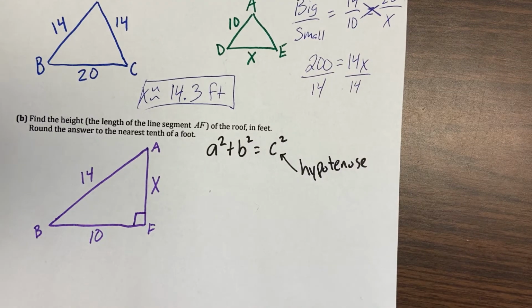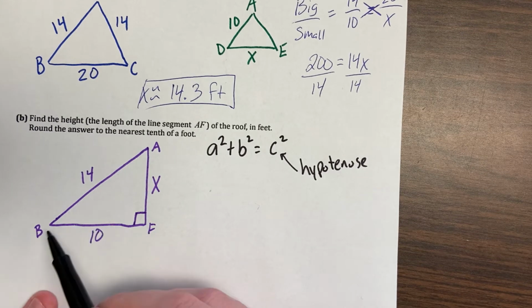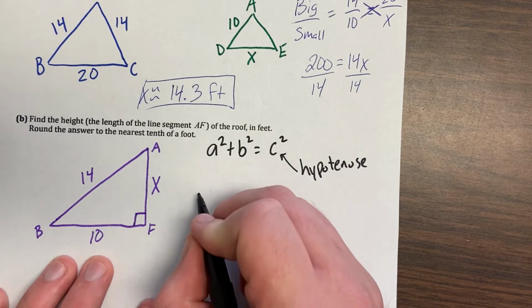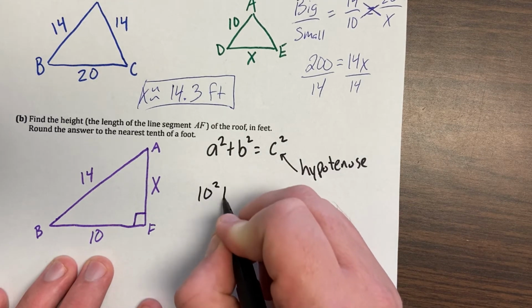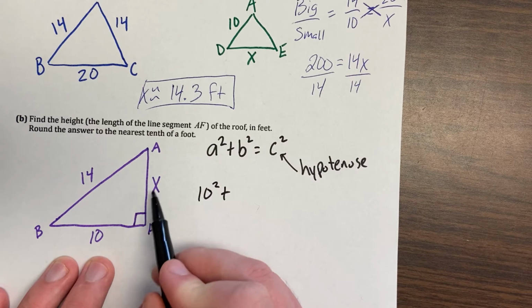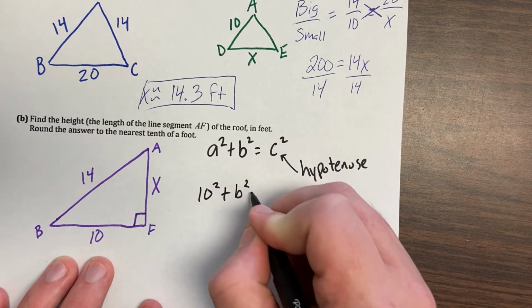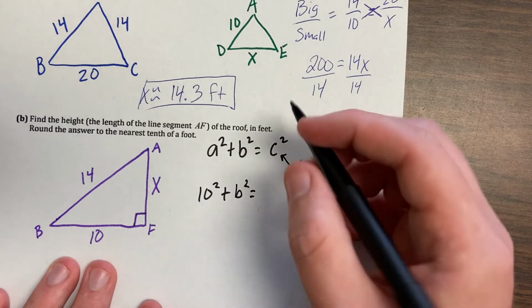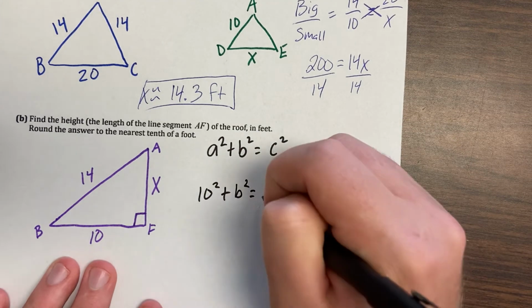And remember, the hypotenuse is always the side opposite of the right angle. So if my right angle is here, this 14 is going to be the hypotenuse. It's going to be the largest side. It doesn't matter which one we call A or B here, take your pick. So what we've got now is 10 squared plus, we don't know this side, so we're just going to leave it as b squared, is equal to, now the hypotenuse, the side opposite our right angle, is 14